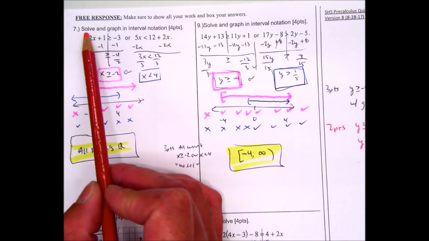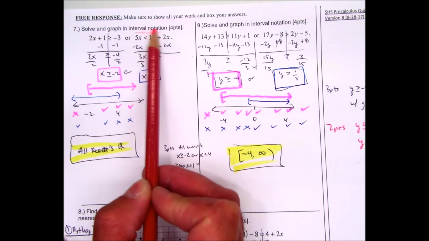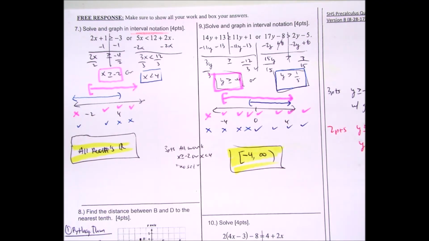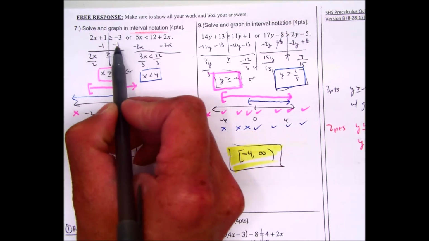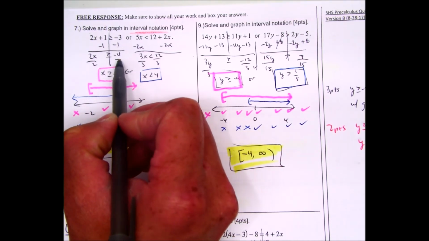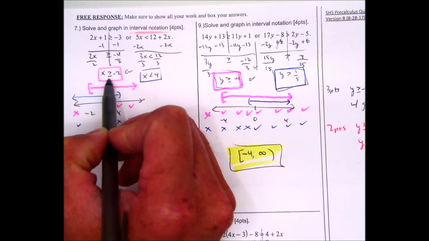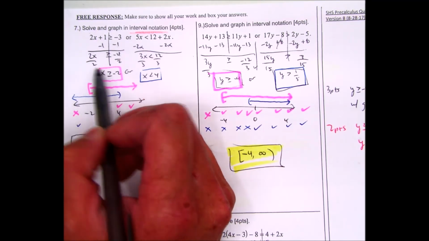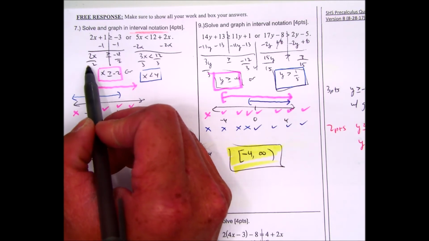Number 7, solve and graph in interval notation. So if in your graphs you had inequalities, then work them off. Subtract 1 from both sides. Get negative 4 divided by 2. X is greater than or equal to negative 2. Remember, you don't flip the inequality sign if you're just dividing. It's only if it's dividing or multiplying by a negative